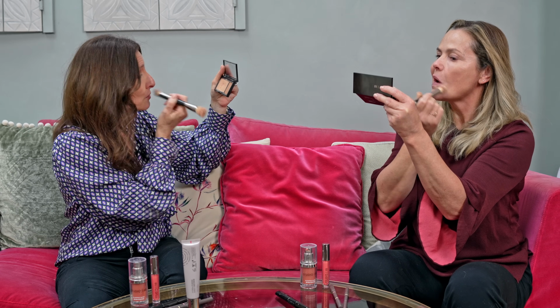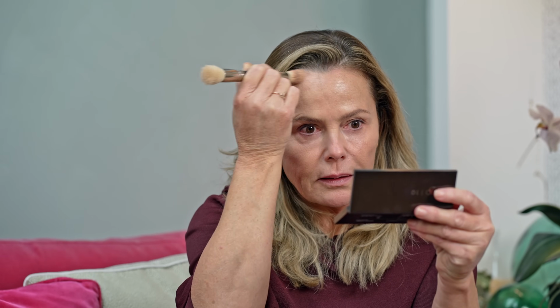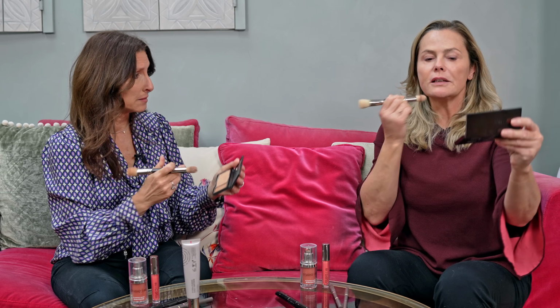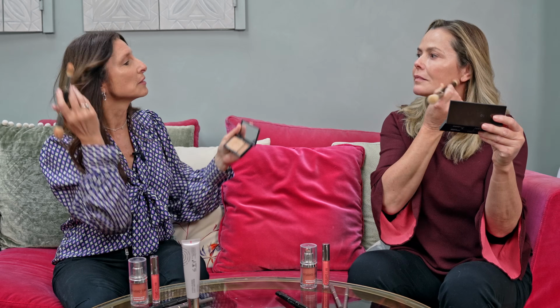So for me, I wear it all over my skin, but you just spot the main areas under the eye, around the nose, just a little bit. A little bit on the chin. Bit up into the hairline too, maybe. It's just really where you can see where you want to even that skin tone. What I like about this palette is you've got the darker shade. So that darker shade you can use, if you wanted, for just a little bit of natural contouring. Or in the summer months, if you're carrying more colour in your skin, you've caught the sun,